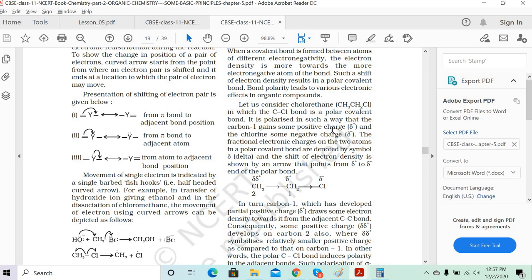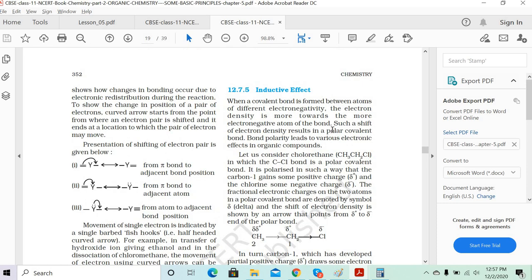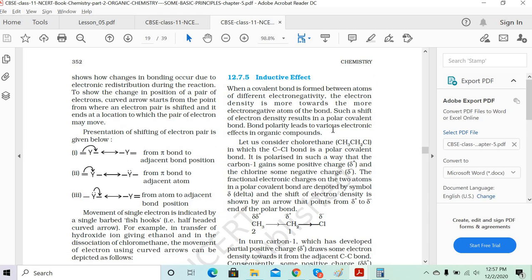Yes, sir. Okay, good. So, example, inductive effect. What is the inductive effect? In the presence of an attacking agent, there is a shifting of the electrons. The density of the electrons will move towards one end, and that results in a polarity change. That means developing a slight negative charge and a slight positive charge, right? So that's what a polar covalent bond is. An unequal sharing of the electrons starts happening.